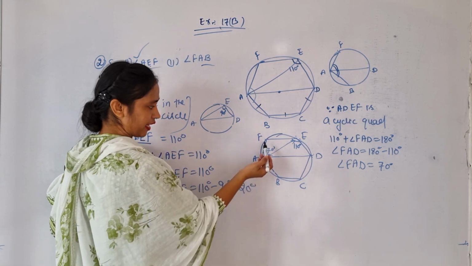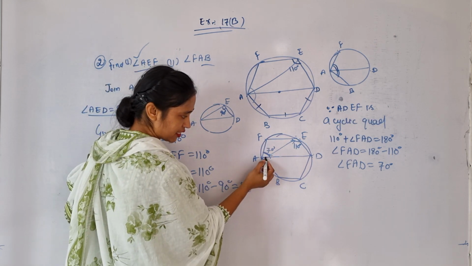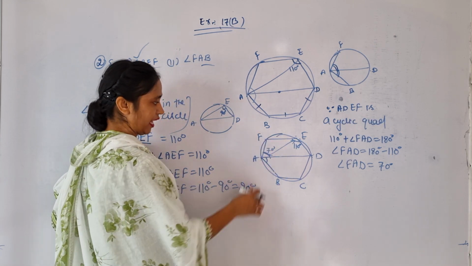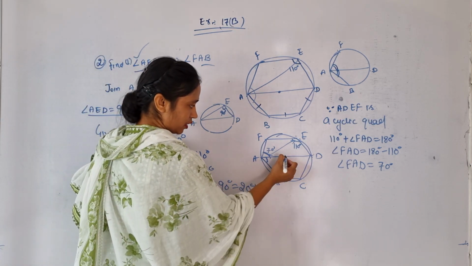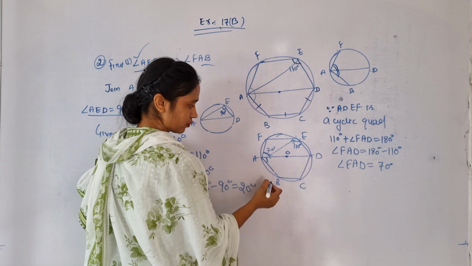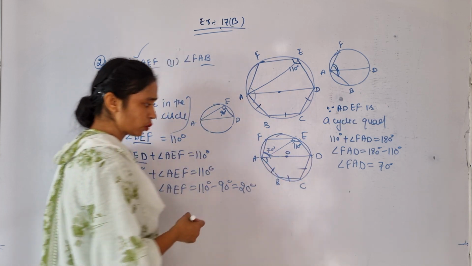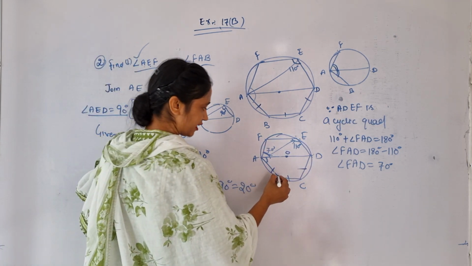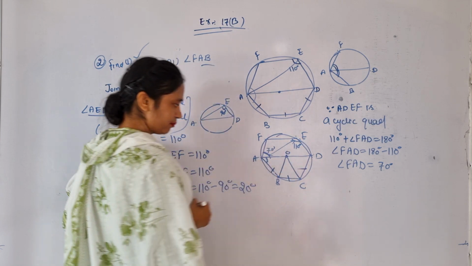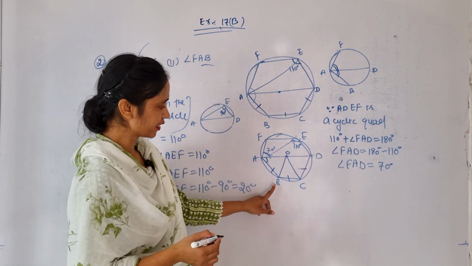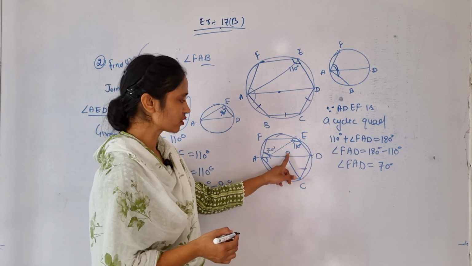We need to calculate FAB. Now this angle is left. By adding these two, we will have the required result. Now focus over this. Here is the center, somewhere O. These three sides are given to be equal, which means each side makes an equal angle at the center.